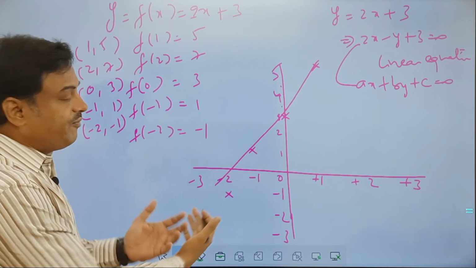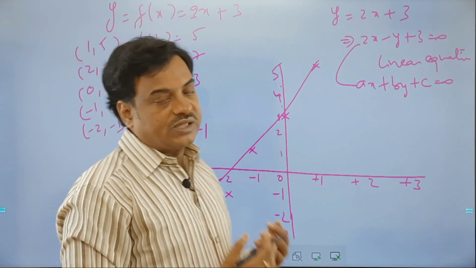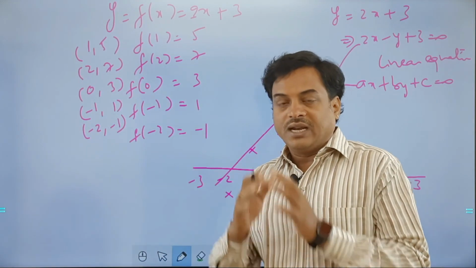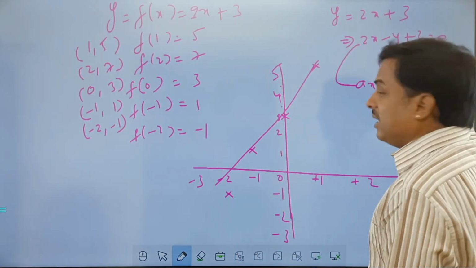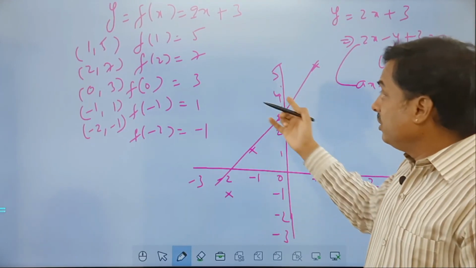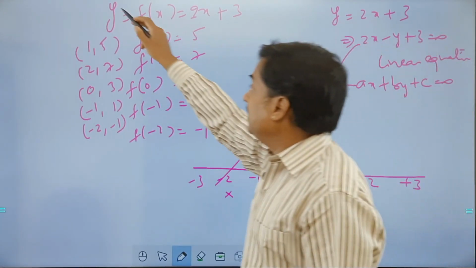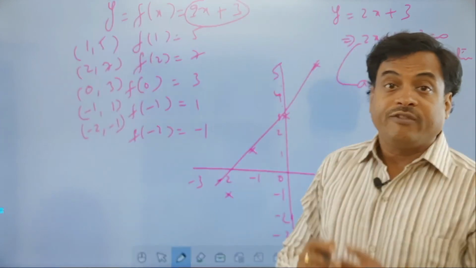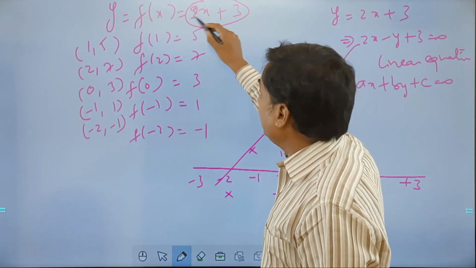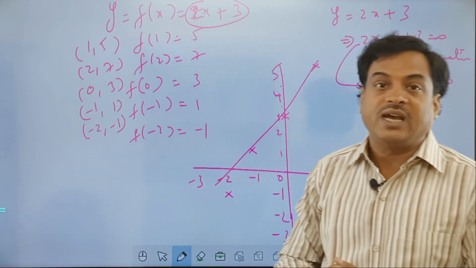So this is a rough unscaled diagram. When you scale it, you will get a proper line, and that makes it a linear equation for us. So the use of graph, if you see, this is an explicit function. y is defined in terms of x. So this is 2x, my friend, don't get confused. It's 2x plus 3 which I have used here.